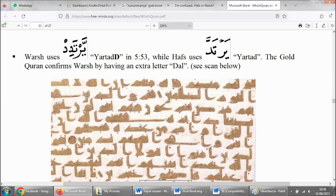The Morocco, Algeria, Tunisia, French Quran, while the British Egyptian Hafs Quran uses yartad. The Gold Quran, the Turkish Gold Quran, is exactly the same as the Warsh Quran. It has this extra, let's say, D or Dal. So the thing is, many people have checked these things, and you can see these things, for example, yes,